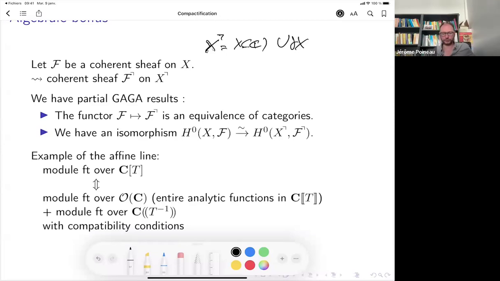Probably if I try to do it like this, I'm just going to mess things up. But you can write down some exact sequence. So you have the H^i of the compactification, going by restriction to the H^i of the complex part, with some coefficients.